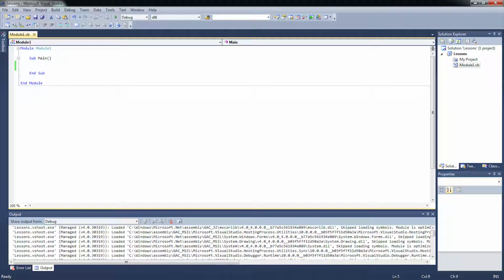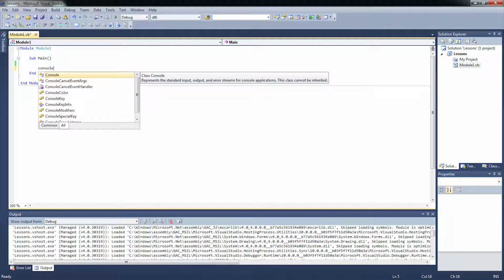Now, what we want to do is to let the user of this console application enter text. This will not only allow the user to enter text, it will also pause the program, because it will wait for the text to be entered, which will allow us to see whatever we write into the console. So to do that, make sure that you are within the Sub Main and the End Sub, and type in Console, so it knows that whatever you're going to do is to the console, dot